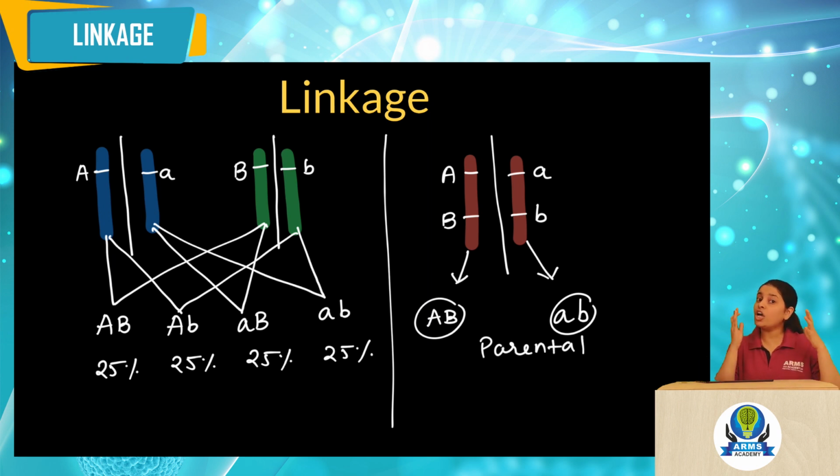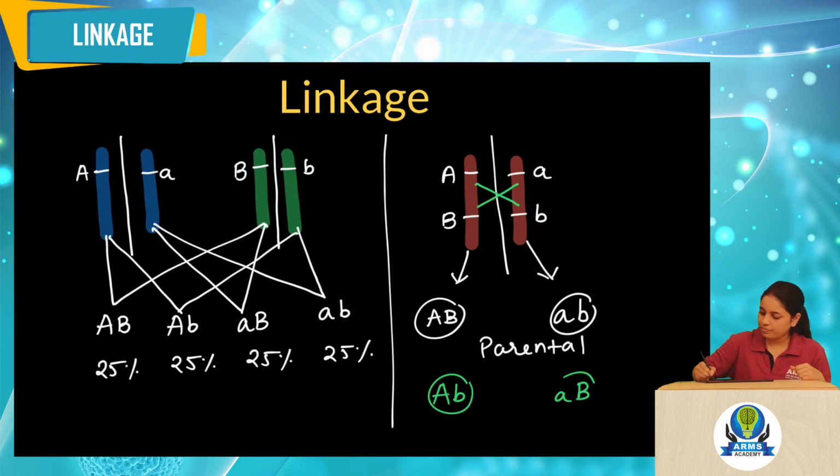Suppose crossing over, that means recombination, occurs between the two genes, what will happen? Now, here crossing over can occur during gamete formation. So, you can have capital A and small b together in a gamete. So, you will have a new type of gamete, that is capital A, small b. Also, during crossing over, as exchange of genetic material will occur, you can have one more new combination, that is small a and capital B. So, let's write it here. These two are recombinant types of gametes.